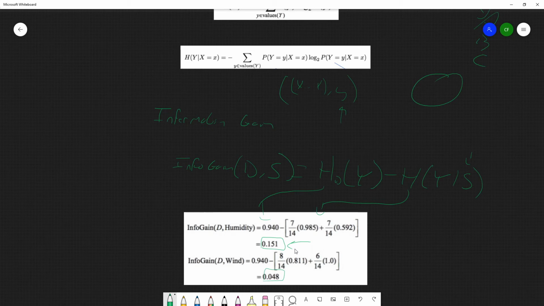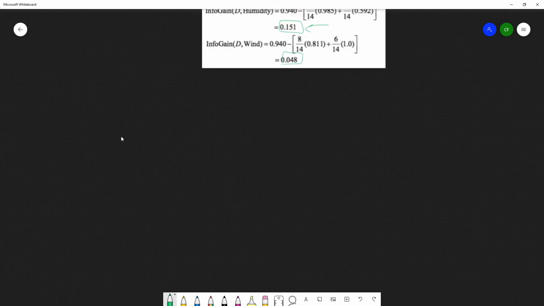So this is the split we'll have because we are choosing, do we want to split on humidity or wind? So we have a specific data set. Which one is it better to split on? Humidity or wind? Which one gives us the most information? Humidity gives us more, so we're going to split on humidity. Then we'll do the next nodes for each of its children. Say how can we split it next? We'll do the entire process again on the remaining features and keep doing that until we can get as maximal information as possible. The problem with information gain is the process of finding all these values typically comes from having